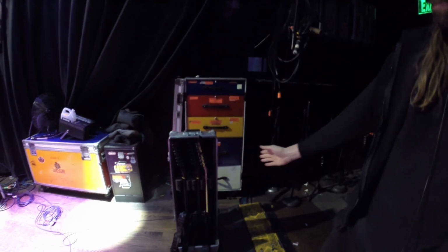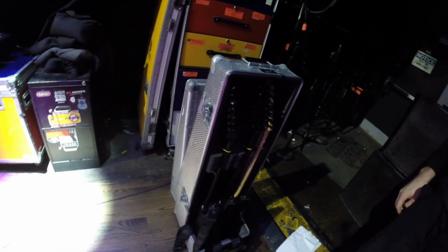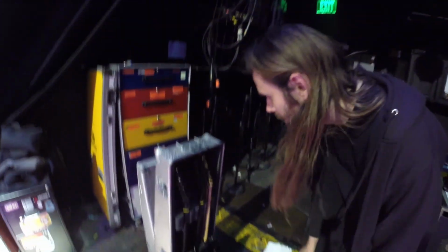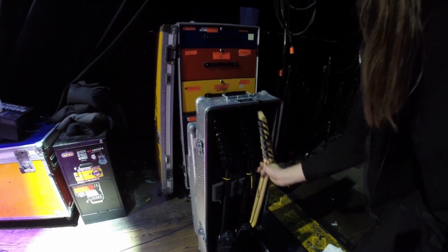Okay, first off, here they are in their Scott Dixon touring case, which is kind of vital for going on aeroplanes. If you want to take more than one guitar, you don't want to pay a fortune for it. But I'll quickly run through these. First off, I've got